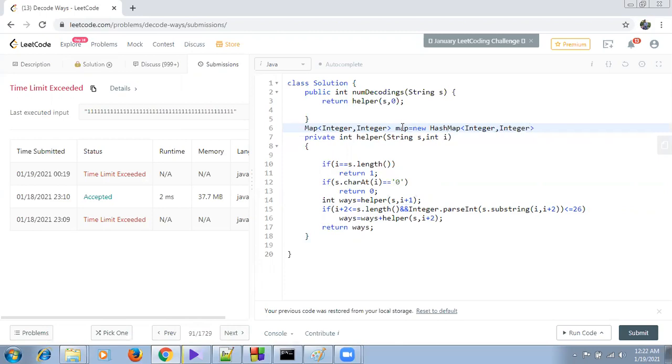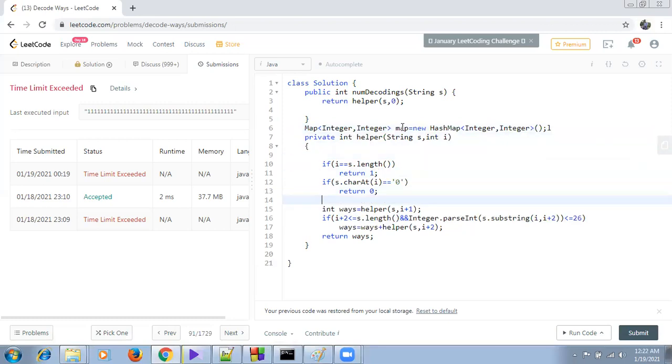Before making the recursive call, we will check whether our map contains this value. We check using the map dot containsKey method, which checks whether this index is storing a value.